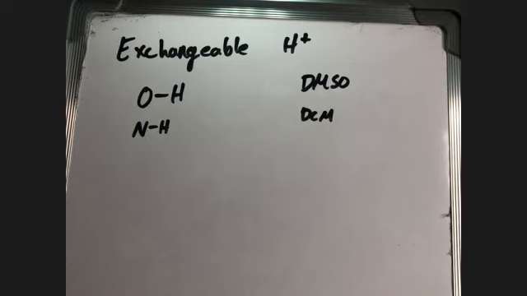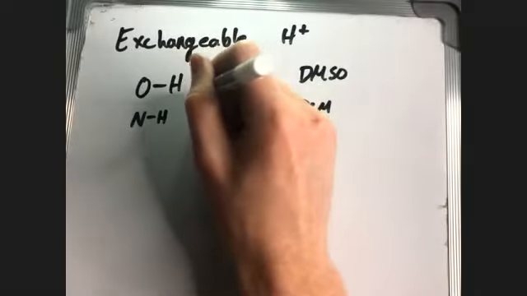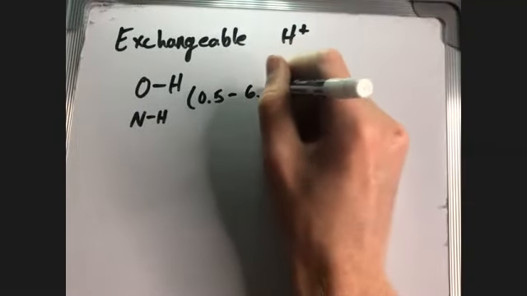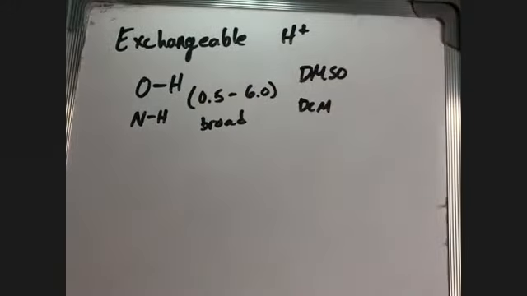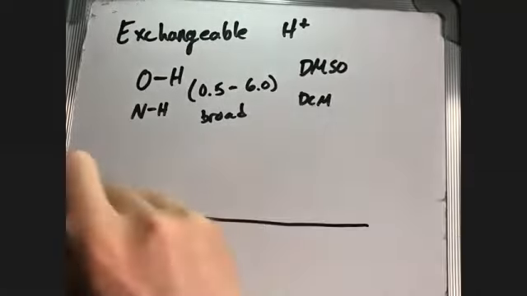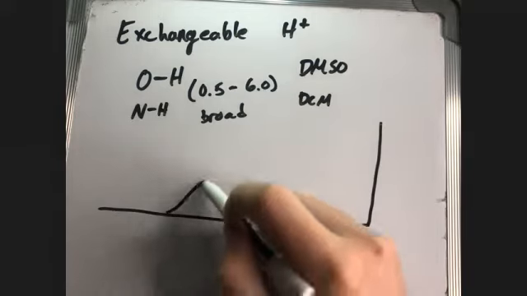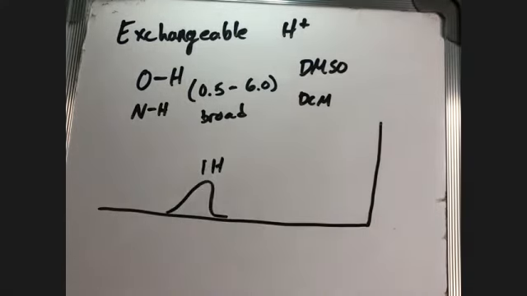And they can be at different positions in chemical shift because they're not on the same atom at all times. When the proton moves, it's going to affect the chemical shift as well. That's why both of these can have extremely variable positions, from about half a ppm to like 6, but they're always going to be broad because of the shutter speed analogy. So it's easy to distinguish these, because you'll see a broad peak that integrates to 1 hydrogen, and it's not split, because that